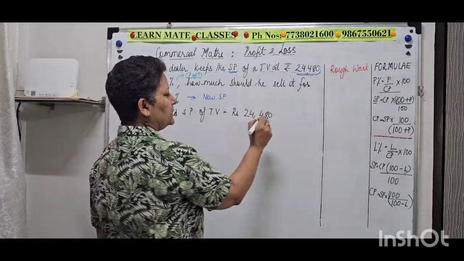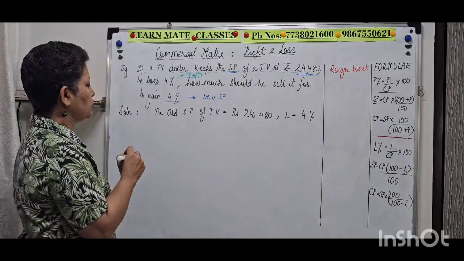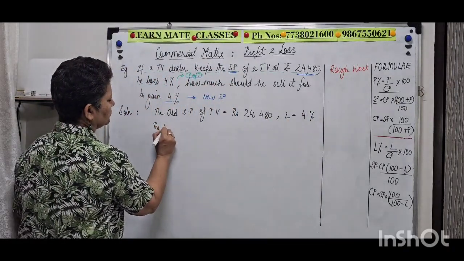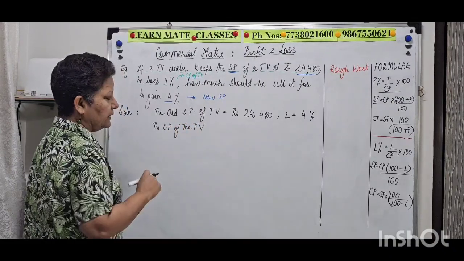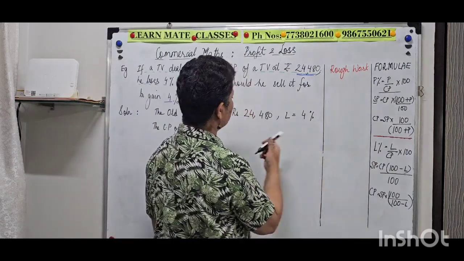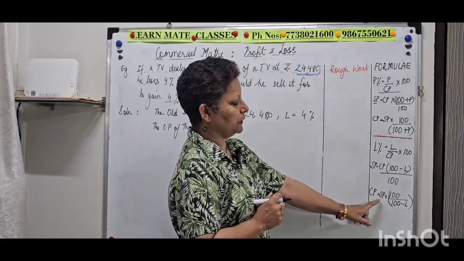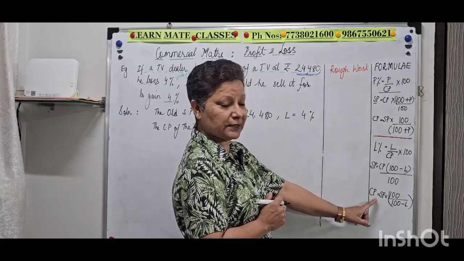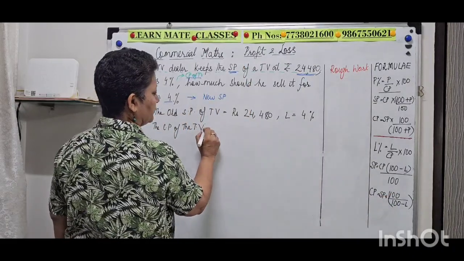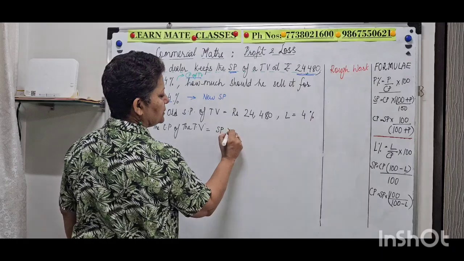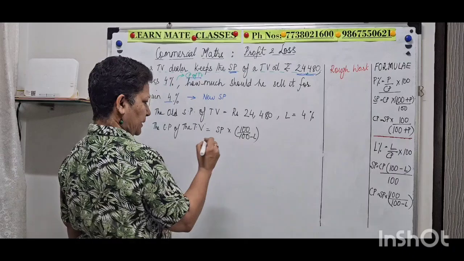At that time, he is incurring a loss of 4%. That being so, the cost price of the TV, what formula would I be using? I know the loss and I know the selling price. I need to find out the cost price. So the formula applicable would be this one where I say cost price is equal to selling price into 100 upon 100 minus L. So I write down that formula. This is going to be SP into 100 upon 100 minus L, which then becomes